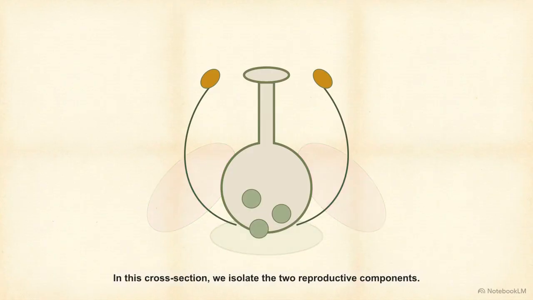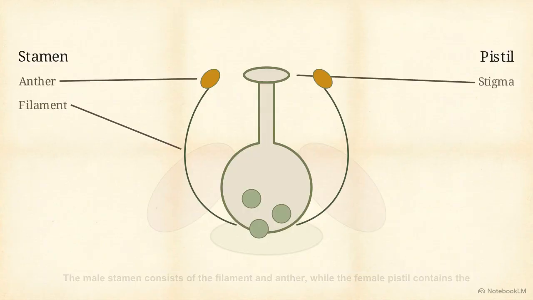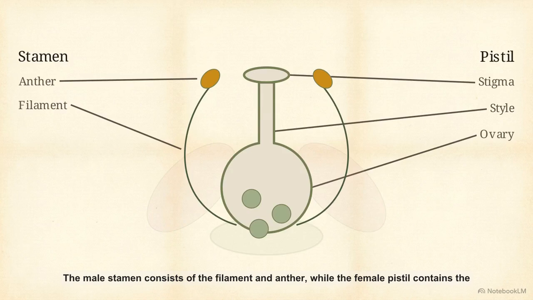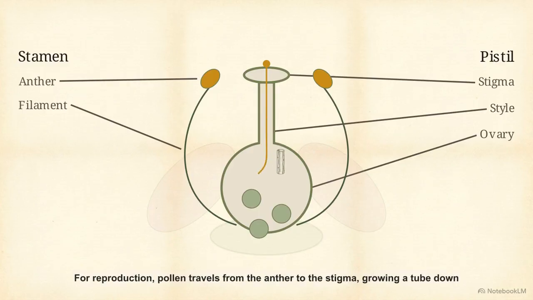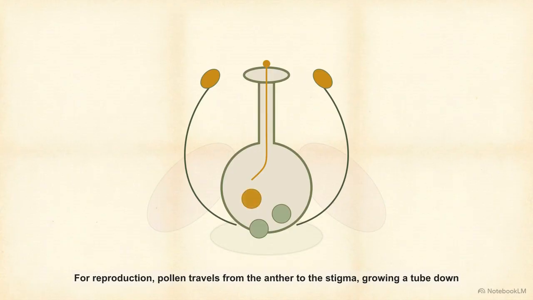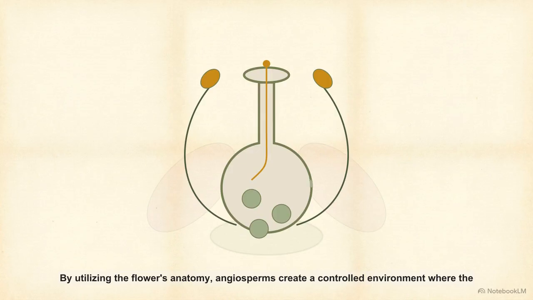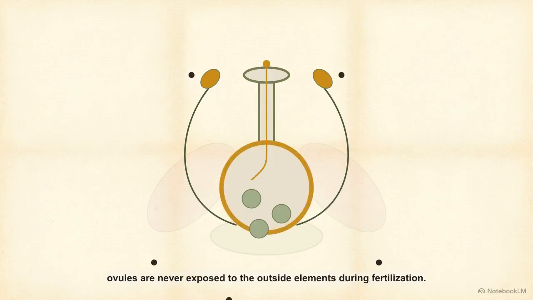In this cross-section, we isolate the two reproductive components. The male stamen consists of the filament and anther, while the female pistil contains the ovary. For reproduction, pollen travels from the anther to the stigma, growing a tube down the style to reach the ovules. By utilizing the flower's anatomy, angiosperms create a controlled environment where the ovules are never exposed to the outside elements